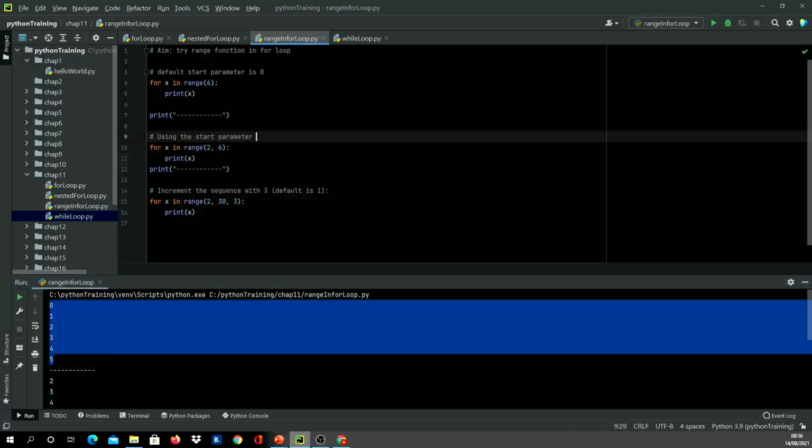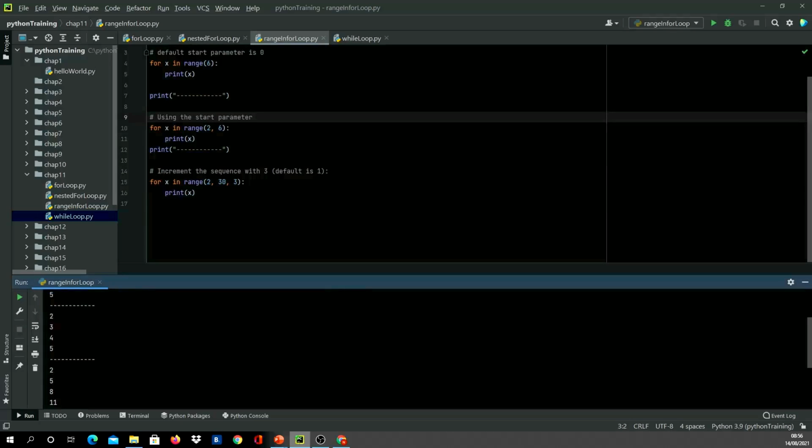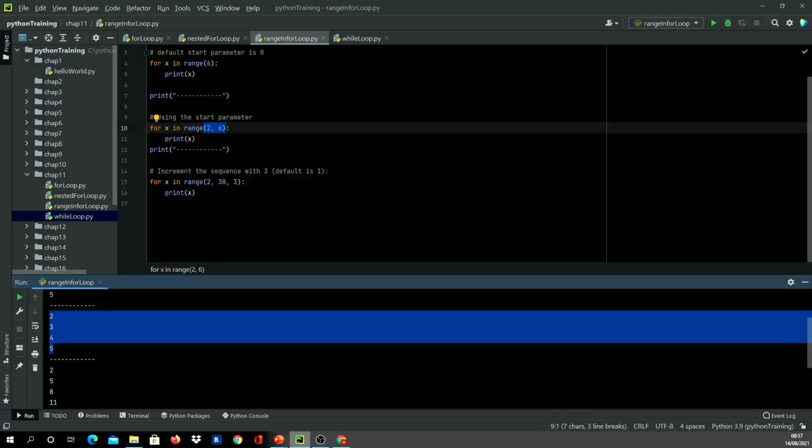So there you go. In the second example, it'll start from 2, run till 6. This is the starting position, and this is the end position. Increment is 1, so it will run from 2 to position number 6, which is 5, and you get 2, 3, 4, 5.